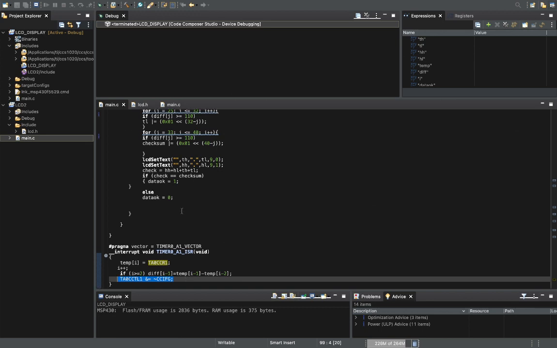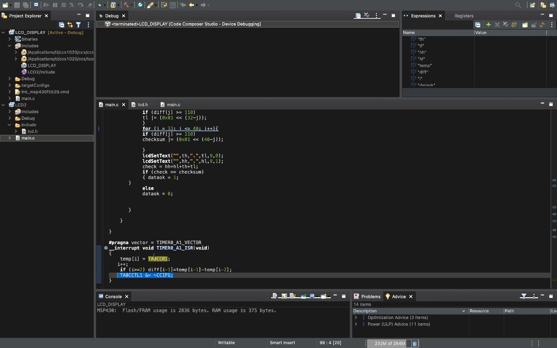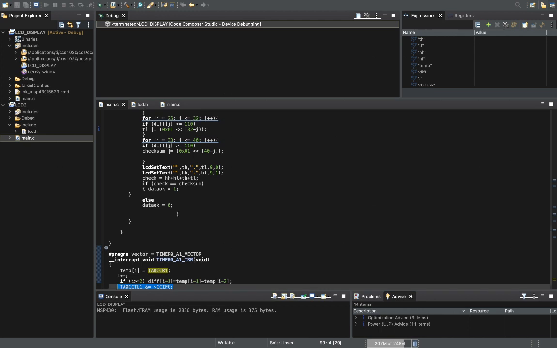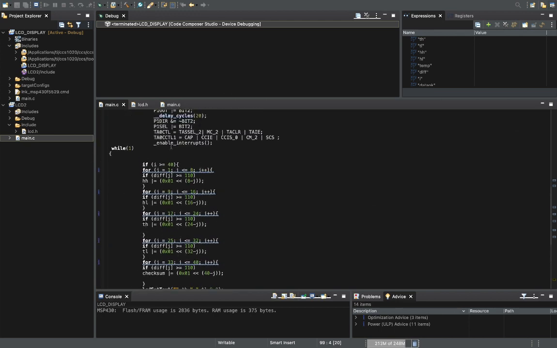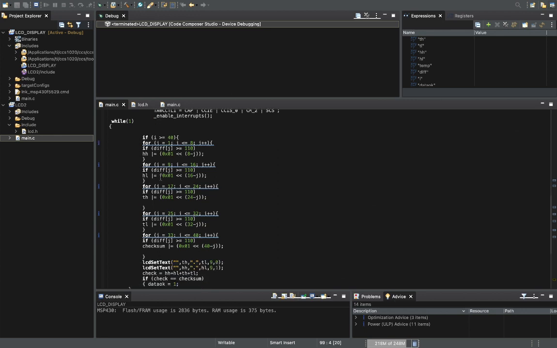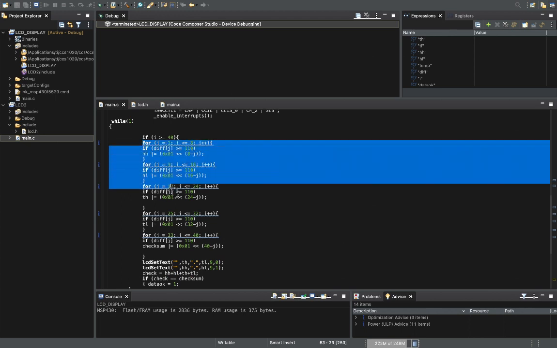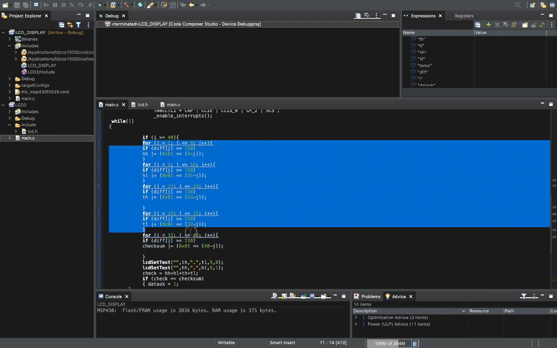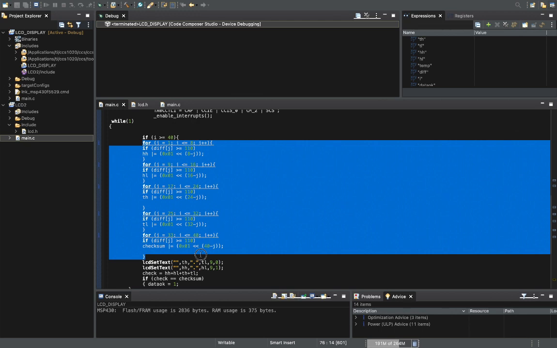Once we receive all the 40 values in this temp array and the diff array, it will jump here, because we started in interrupts here. Next it will check if I is greater than 40. Yes, the condition is true. This part of the program will move all the 40 values to their respective places.